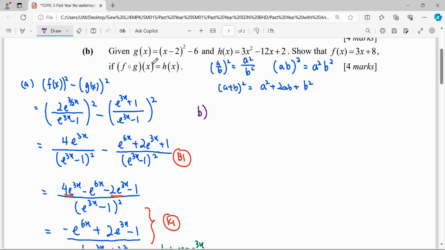By giving the equation here, we need to show our function f(x) equals 3x plus 8. So start from the equation given, composite, where f(g(x)) equals h(x). We try to find our f(x) in this answer. Composite means we substitute our g(x),